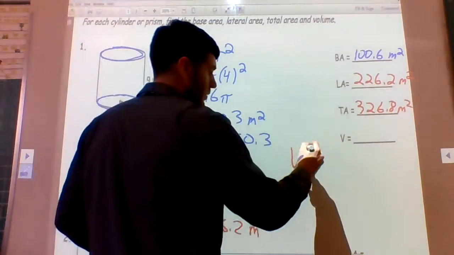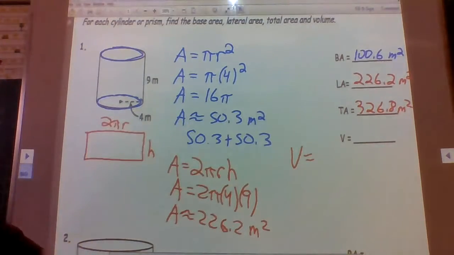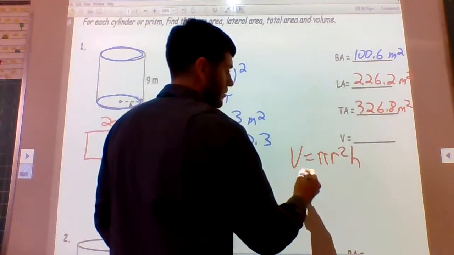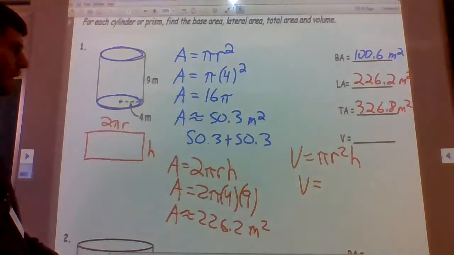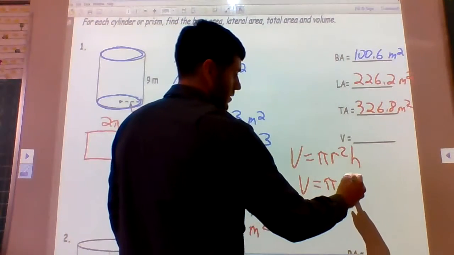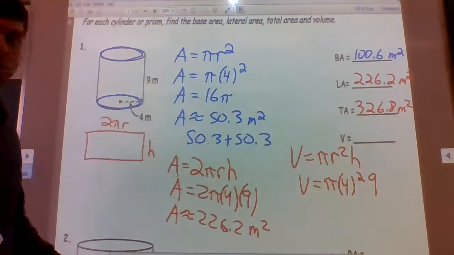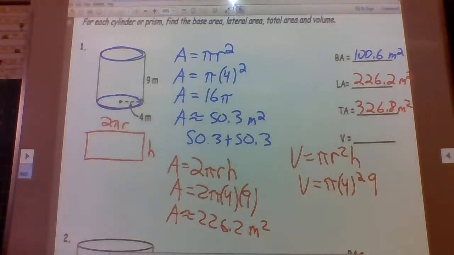Okay, and then volume, just like a prism, is the base area times the height. In this case, the base area is pi r squared times h. So pi times 4 squared times the height, which is 9. Again, you have to think of filling a swimming pool. If you have a circular swimming pool, it's going to look like a cylinder. Think of an infinitely thin layer at the bottom, covering the area of the entire bottom of the pool. You need to take that area and multiply by how high the pool is